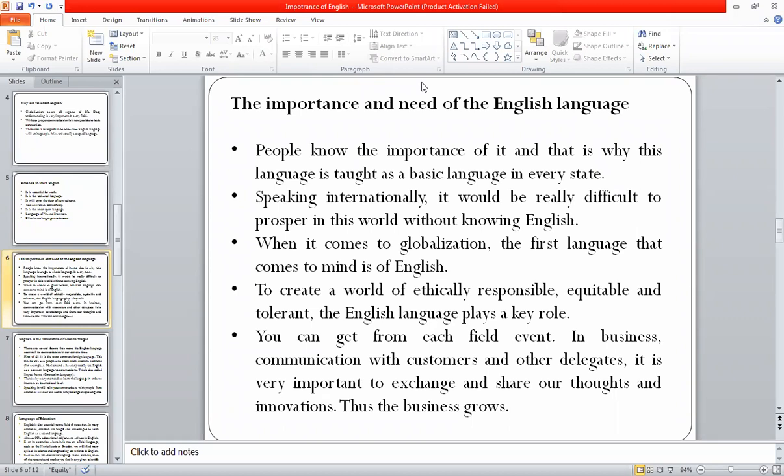Then you can get from each field, even in business, communication with customers and other delegates. It is very important to exchange and share our thoughts and innovations. Thus the business grows. So to grow our business,